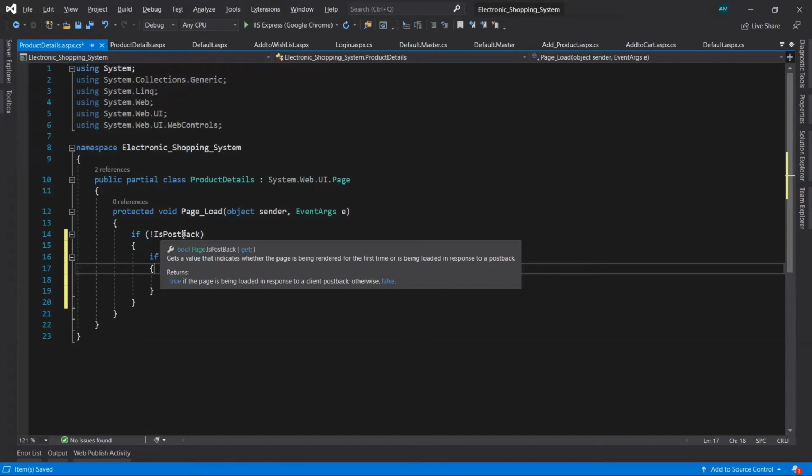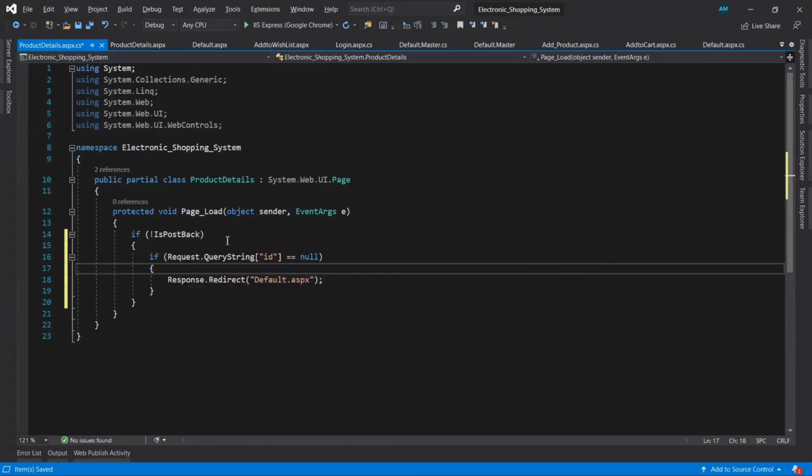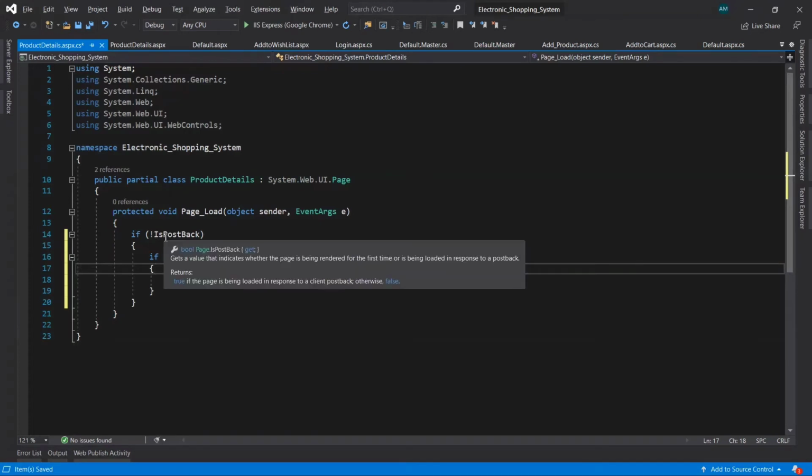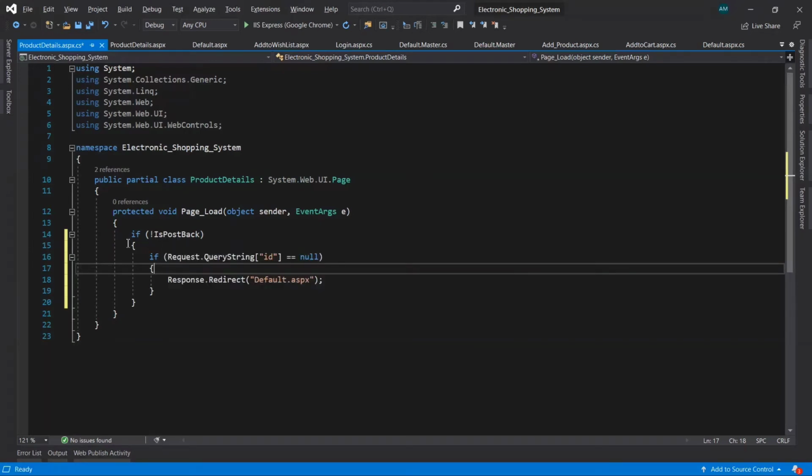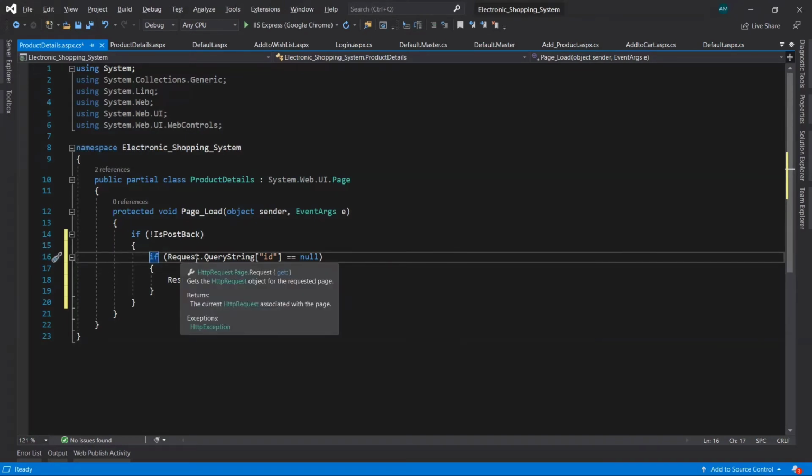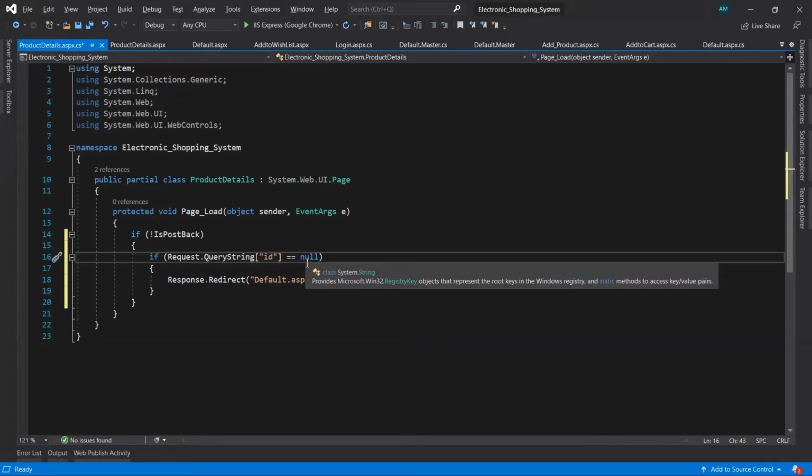That means the page is loaded for the very first time, that means no event occurred or any post request has been posted to the server. So it will check that, and if it finds nothing and no request is posted to the server, then it will execute this part. It will check whether the query string, Request.QueryString of the name id, is null. We have passed the id from the previous page, that is the default page.